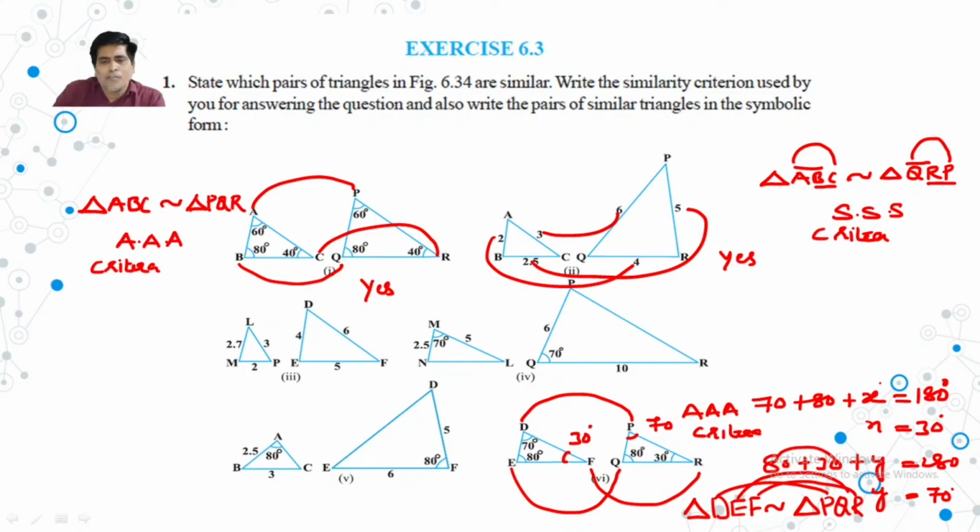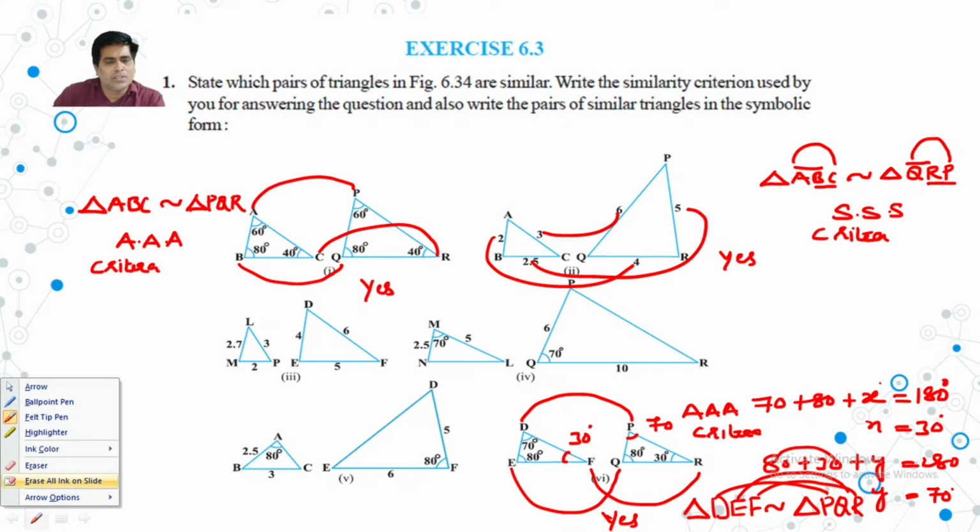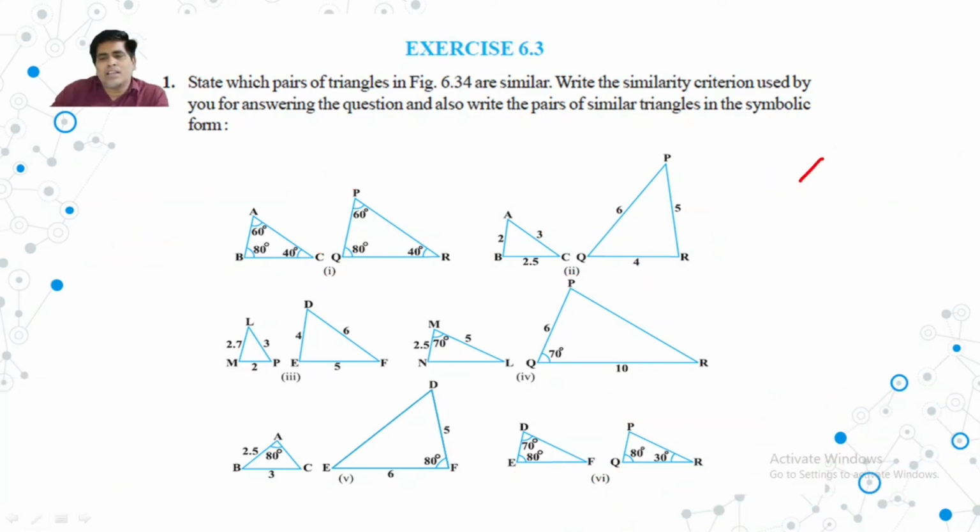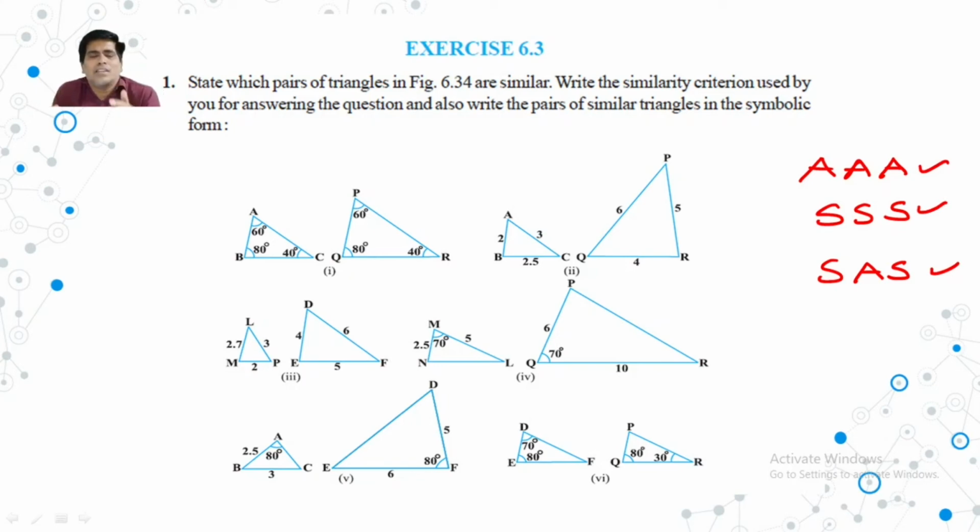So up to here, the first question, second question and last question we got as similar. Why? Because these are all in similarity. Next, we'll talk about the remaining three questions. We have a total of three criteria here: angle similarity, as well as side similarity, and the SAS criterion. Based on these criteria, we can decide whether these are similar or not. Already we have discussed the first, second and last questions, so these obey the AA criteria, SSS criteria and AA criteria.